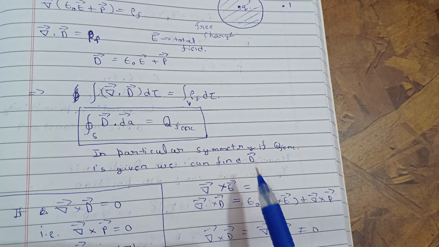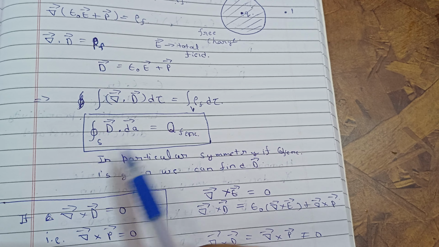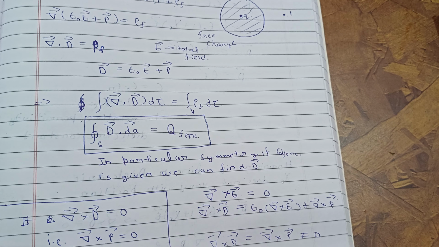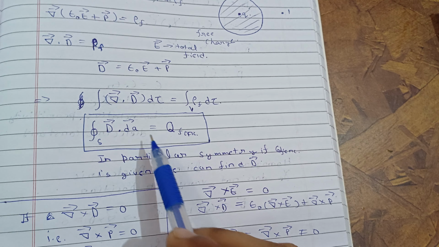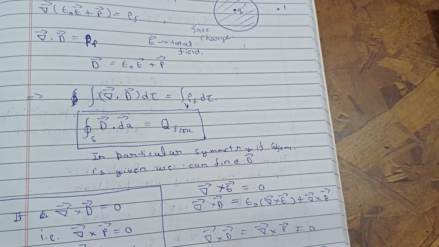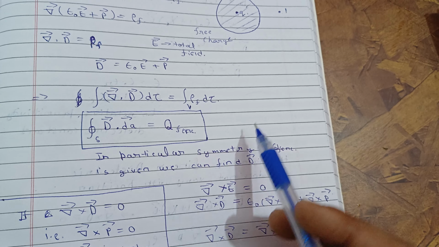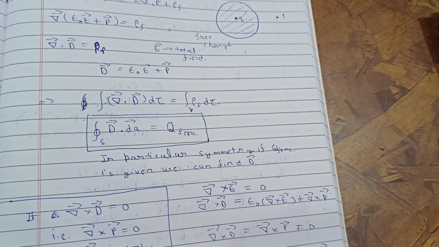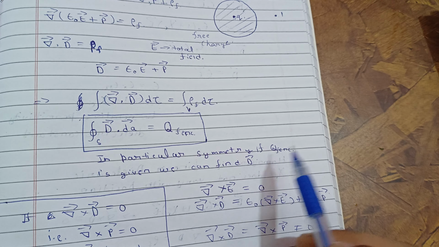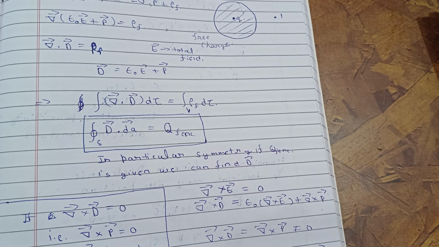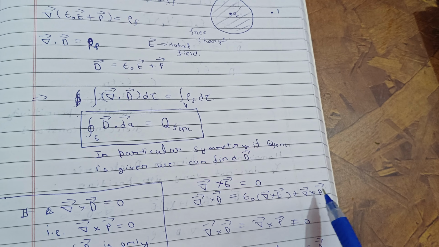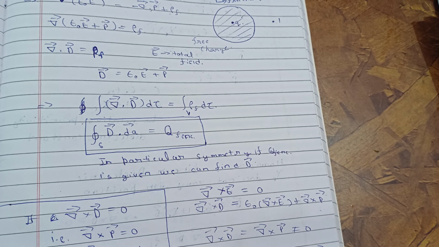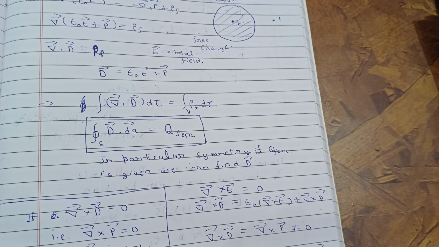That's why we can't say this equation is only depending on the free charge. It is valid, depending only on the free charge, when this del cross P is 0. So when there is a particular symmetry of the structure, then this del cross P becomes 0 and this equation becomes valid. So only that case is important to us. In a particular symmetry, if Q enclosed is given, we can find D. Del cross P becomes 0 and del cross D gives you 0, so D is depending on the free charge only. So you can find the D vector.